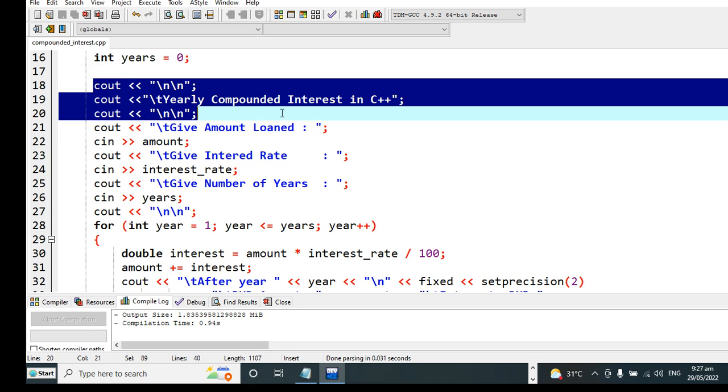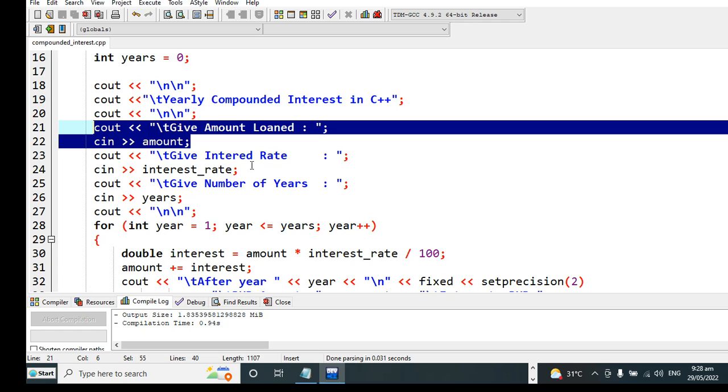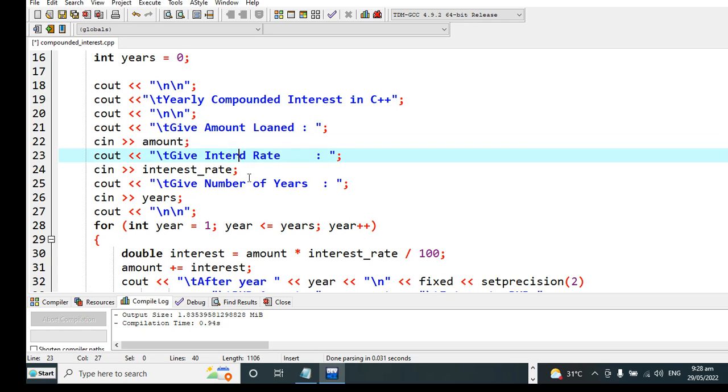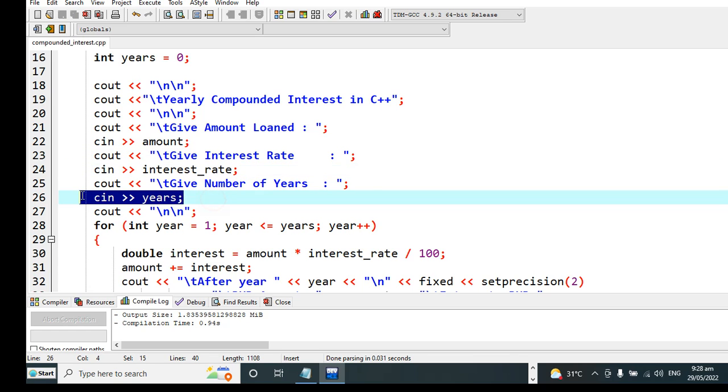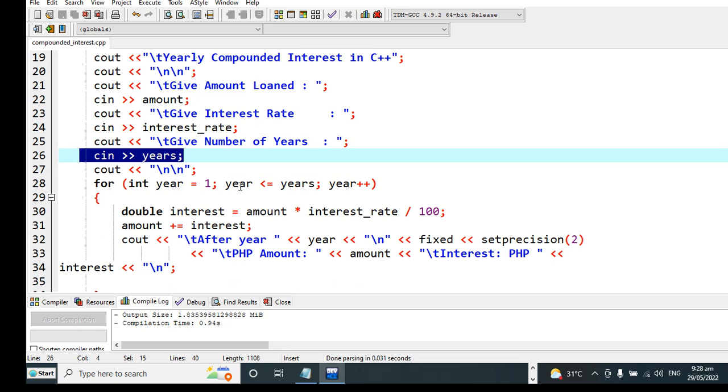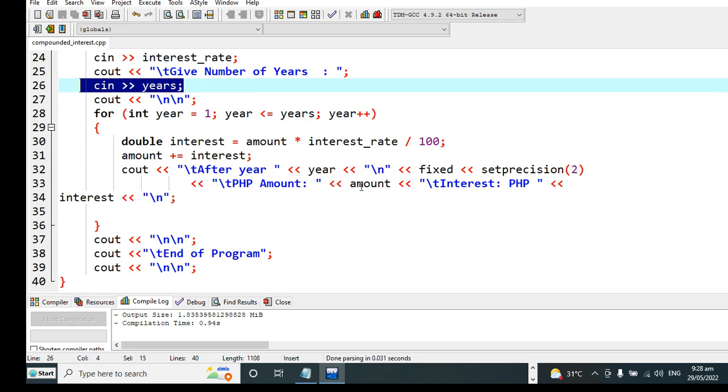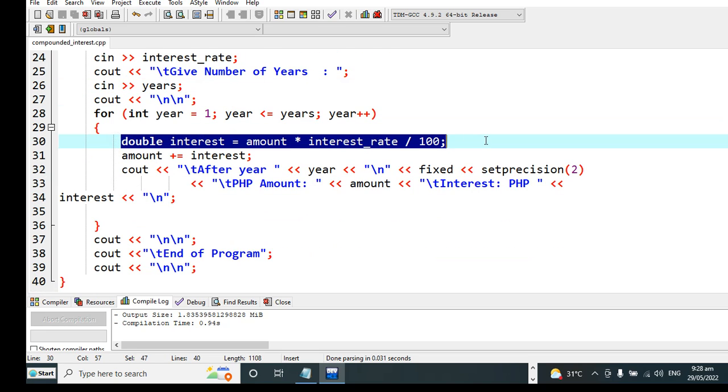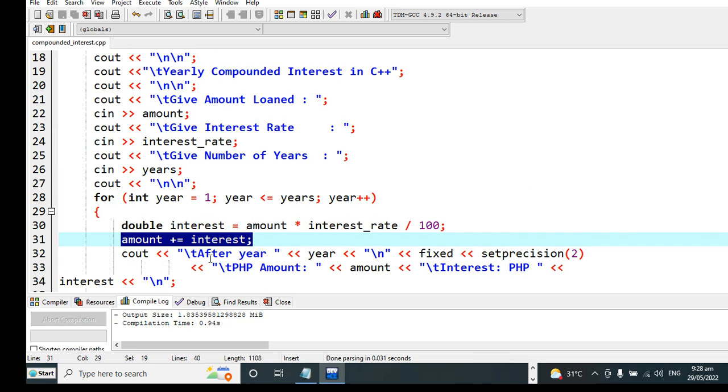So the subscriber asked that it will display the compounded interest every year. So give amount to loan amount, give interest rate, give number of years, and then using a for loop statement, year equals 1, year less than or equal to years, increment. To solve for the compounded interest, we have here the formula: amount multiplied by interest_rate divided by 100, and then accumulate the amount, the original amount plus the interest